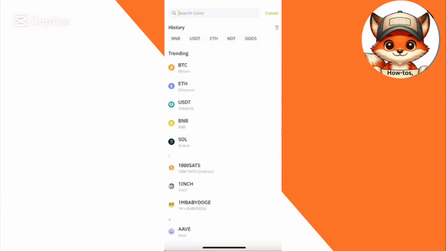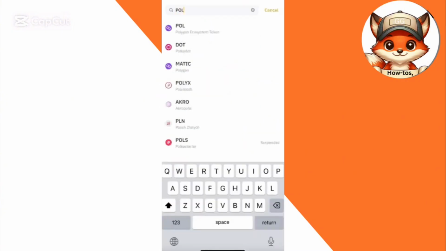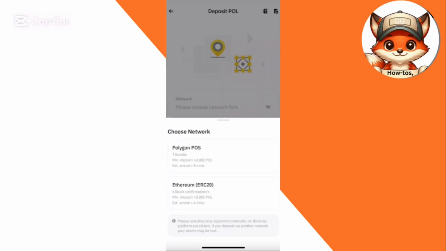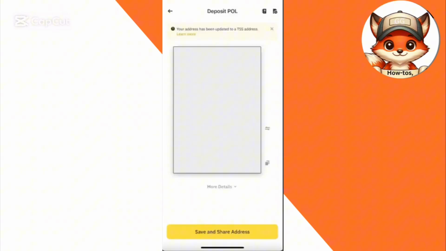By clicking on this option, you have to search for your coin. Here I am going to search for Polygon. Now you have to choose a network. I'm choosing Polygon POS. After choosing the network, you can copy your deposit or Polygon address from your Binance, and